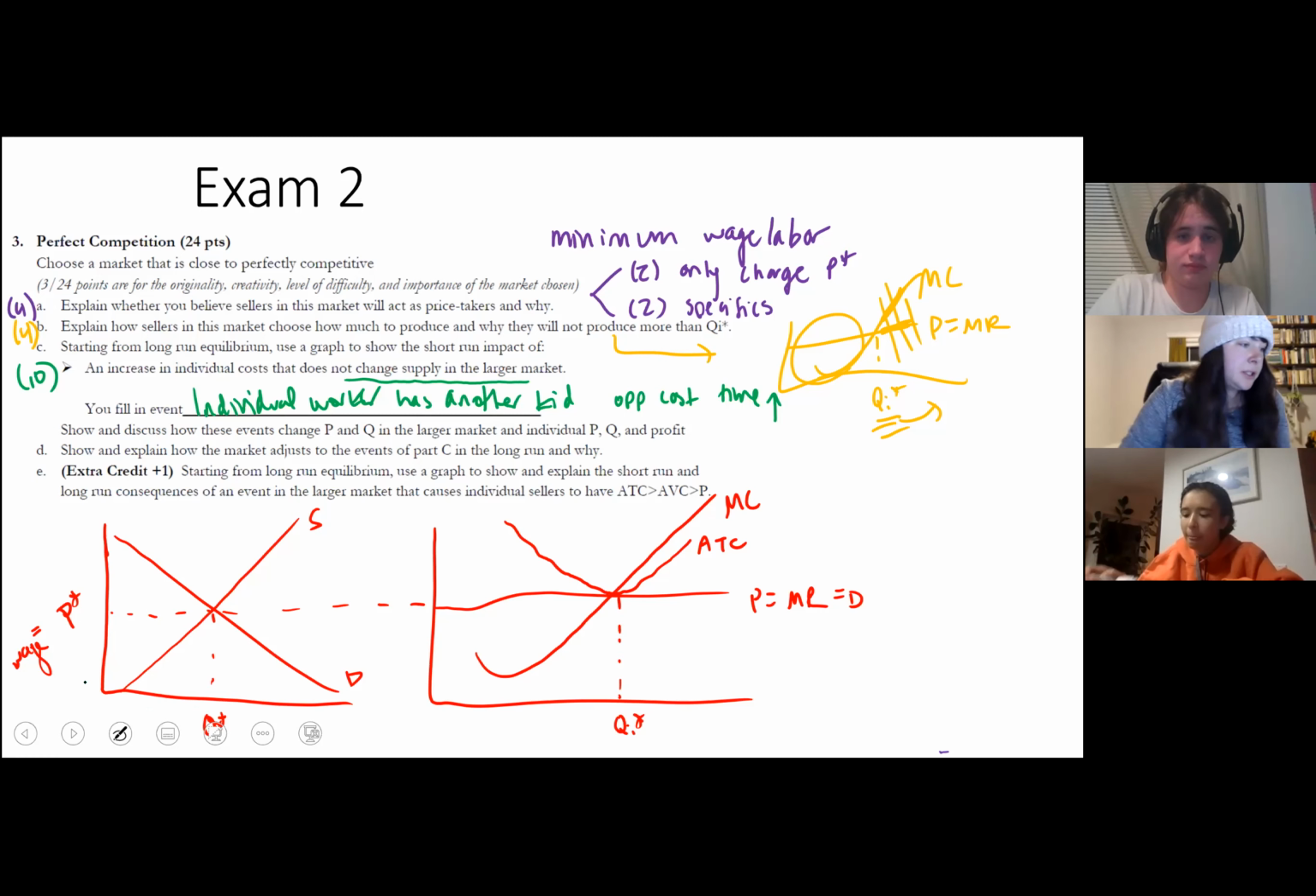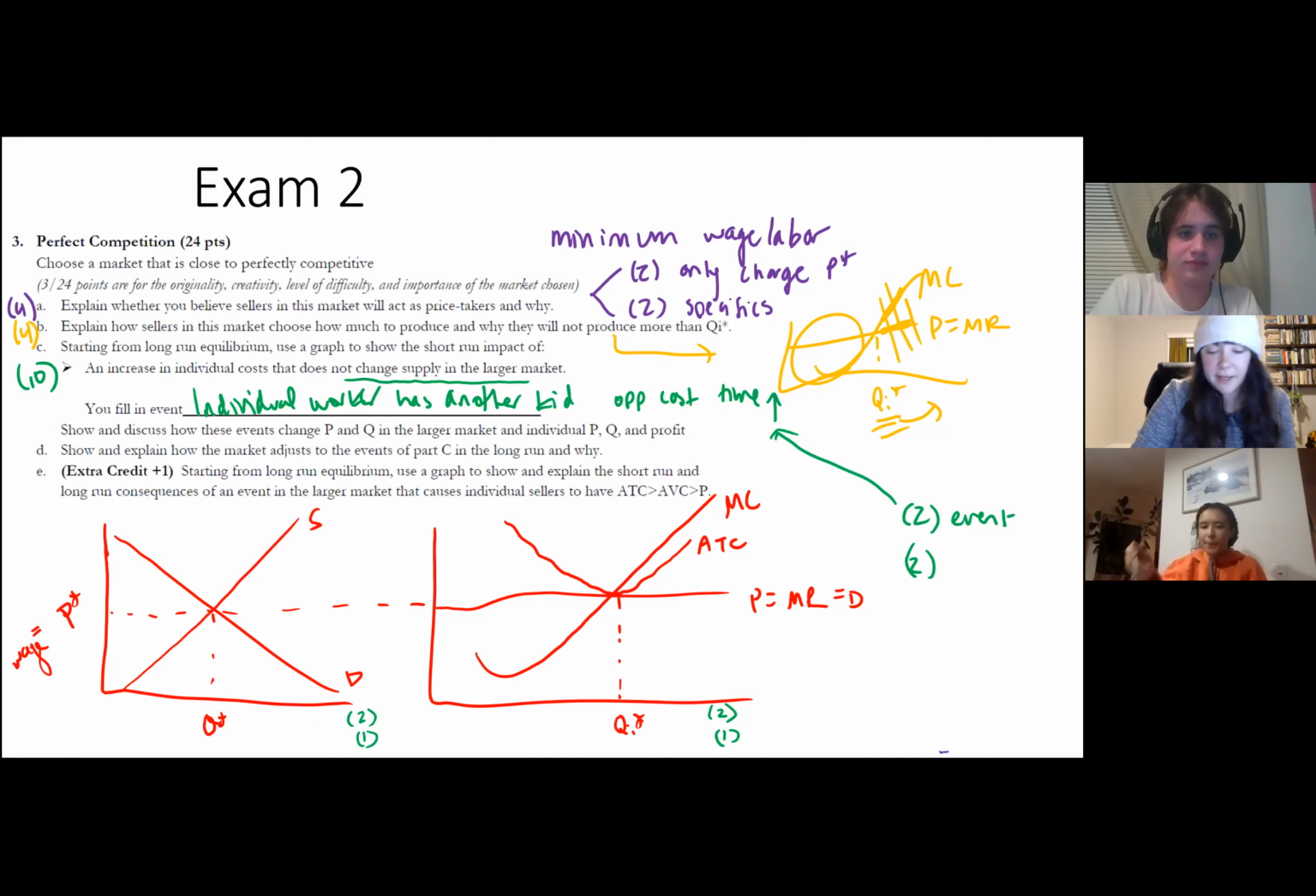So this problem was worth 10 points. 2 of those points were for having the global graph, both the baseline and then any changes, and the words that go along with what's happening in the global graph. 2 of those points were for having the individual graph, the baseline individual graph and any changes, and the words that go along with it. So it was like 6 points for the graph, 2 for the event,